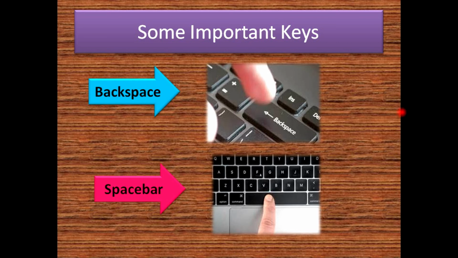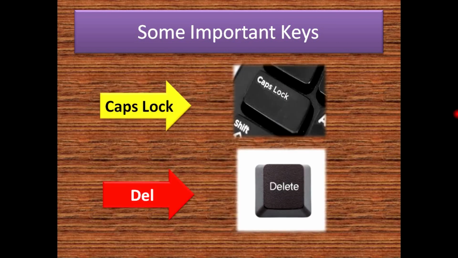Then the next thing is caps lock. We use caps lock for capital and small letters. Like if you want to write the capital ABC, you just turn on the caps lock. Otherwise, if your caps lock is not on, your writing will be in small letters. But if you want to make the heading or you want to write the first word in capital, you just use the caps lock. When you press this key, you can see the light on the keyboard will be turned on.